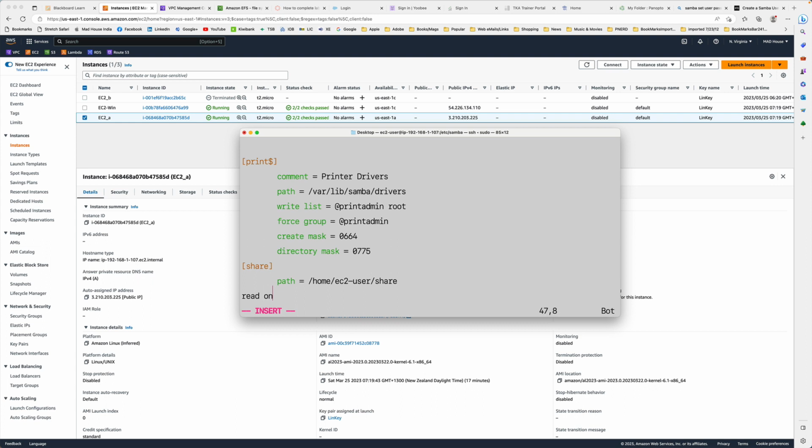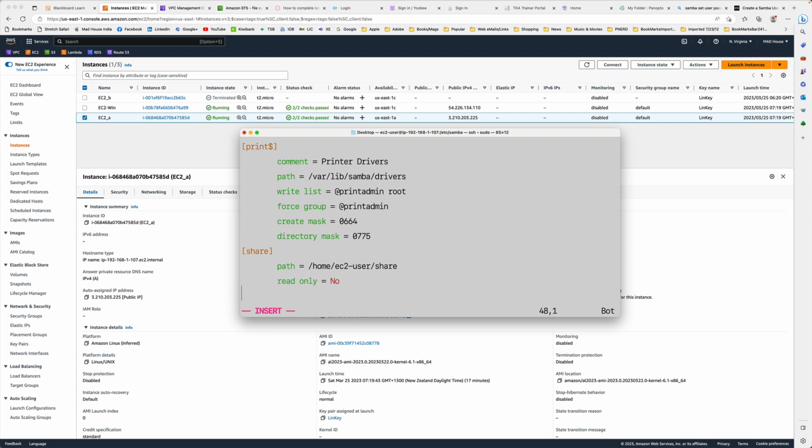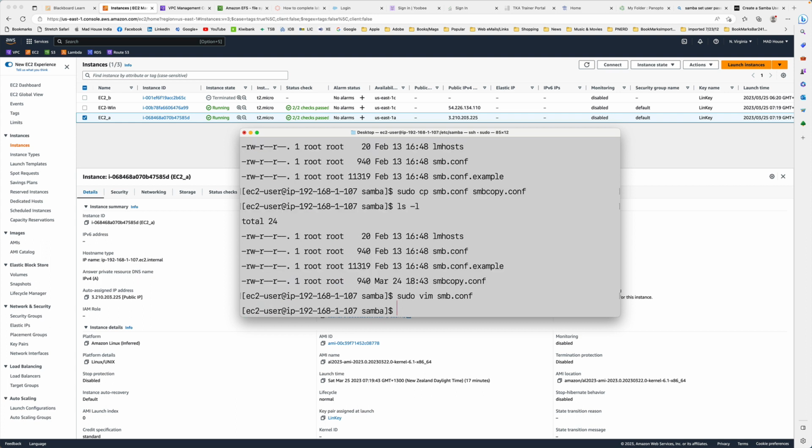And I don't want to restrict it to only reading, so I'm saying no, it is not only a read-only file, but it can be written or deleted by the secondary user. And also I'm going to type the user's ID, so valid users. It's actually valid user, not users. It's going to be ec2-user. That is the valid user. I press escape, :wq, save it, and the best way to check is to just run